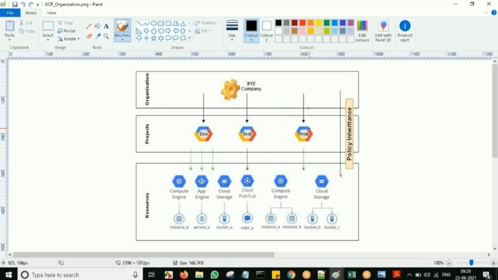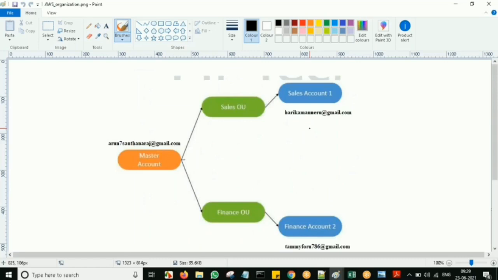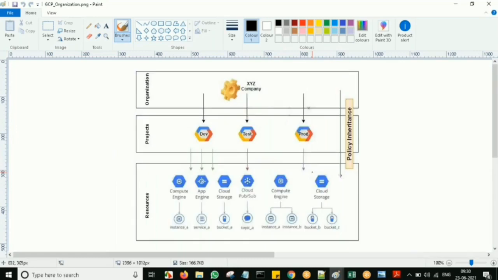In that account you can enable the organization. Under the organization you can create a folder. Creating the folder is similar to an organization unit on the master account, which means you are adding the other AWS accounts to this organization unit to control them. The concept is that for dev I select one AWS account, for production another AWS account, for testing another AWS account. Individually it comes like an AWS account. Here in GCP you don't go for a separate account. Instead of creating an account, we have projects under the same account.